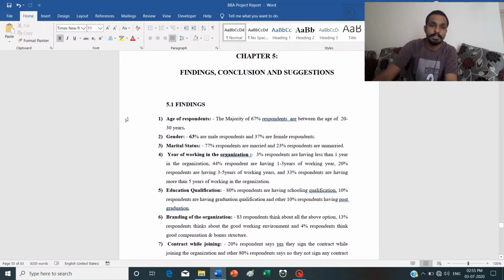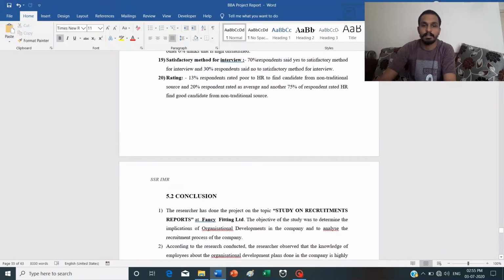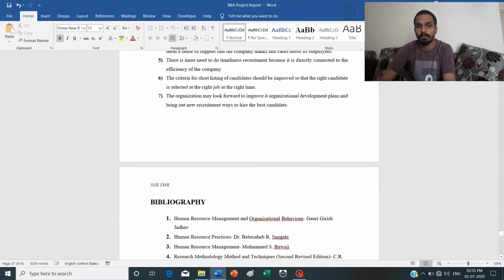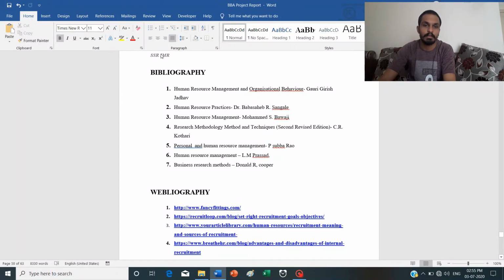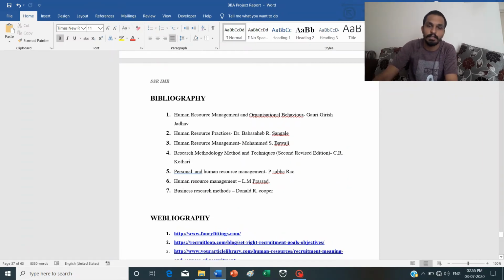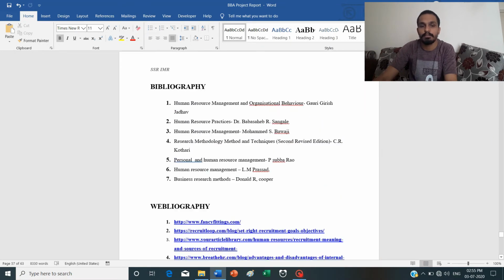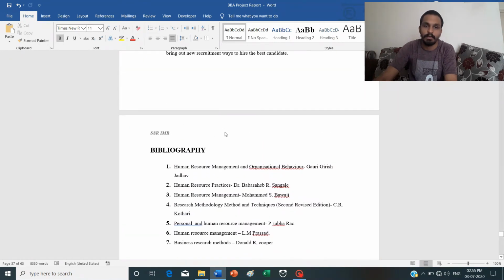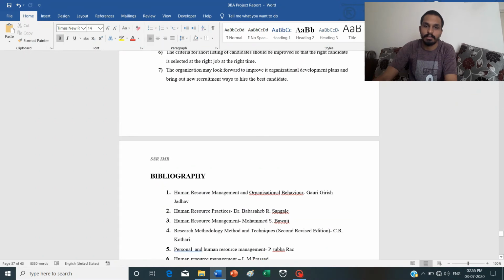Now as we came to chapter 5, we go to the bottom again. You can see the bibliography has a header. So again, if we don't want the bibliography to contain headers, then at the previous page, we will click on the last line.